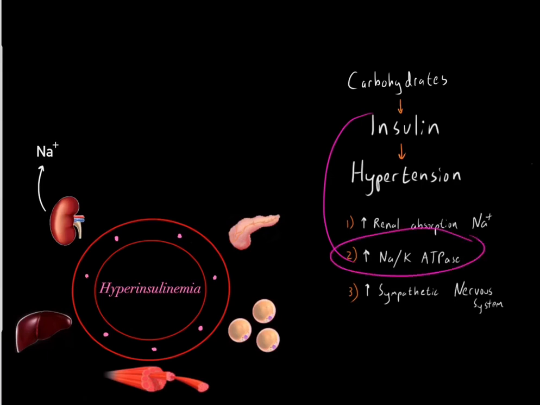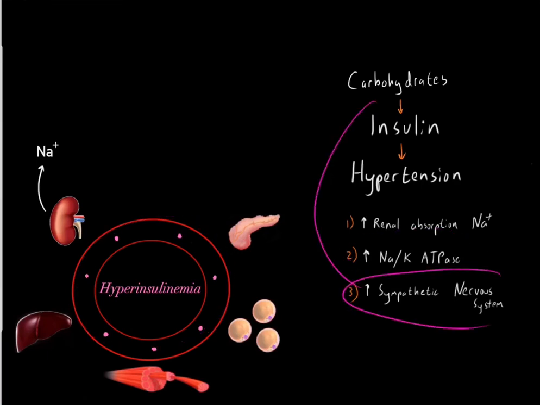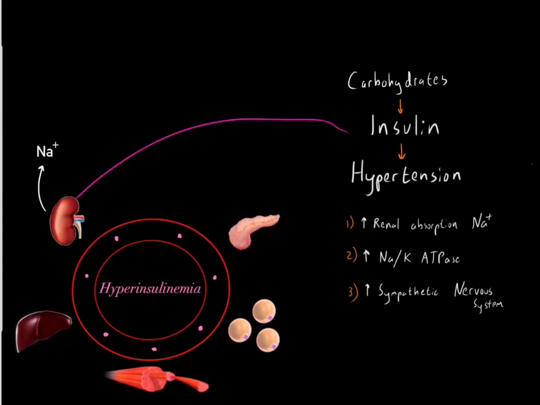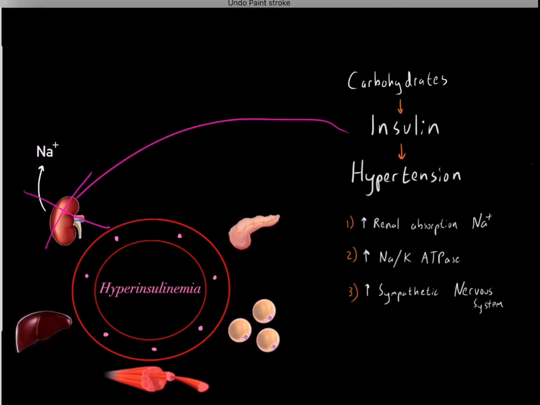It activates the sodium-potassium transporter, which increases blood sodium, and it also activates the sympathetic nervous system, leading to vasoconstriction, which raises blood pressure. And the way you should think about it is if you have excess sodium, the kidneys get rid of that sodium and therefore lower blood pressure. However, insulin blocks the kidney's ability to remove that sodium, so that sodium stays in the bloodstream and leads to